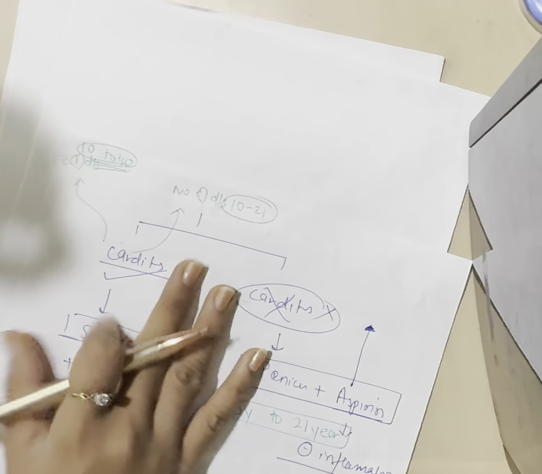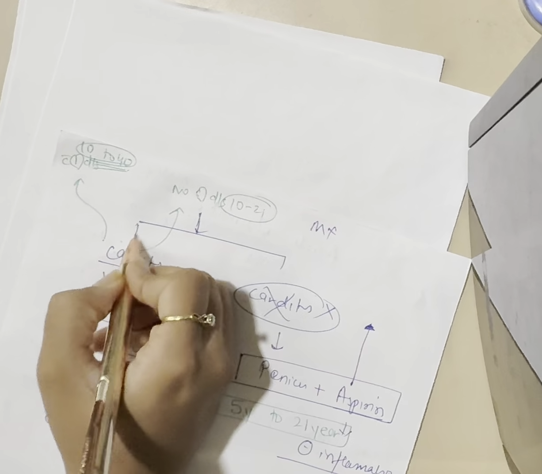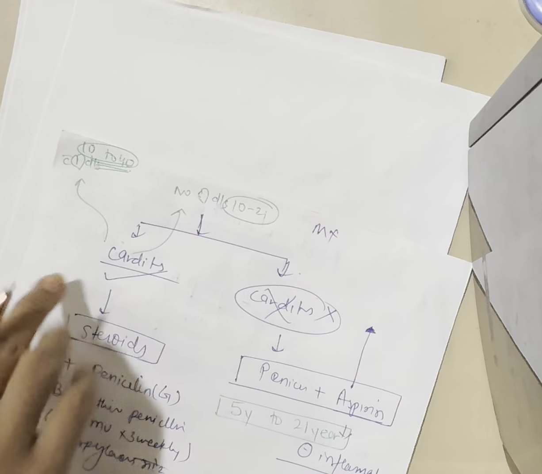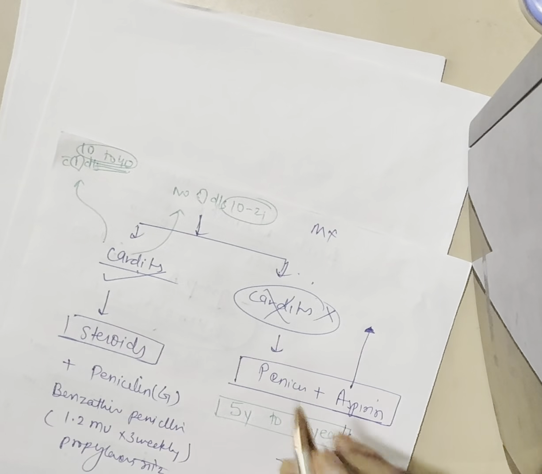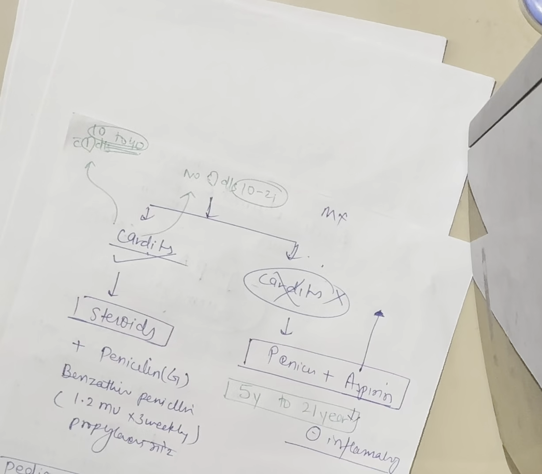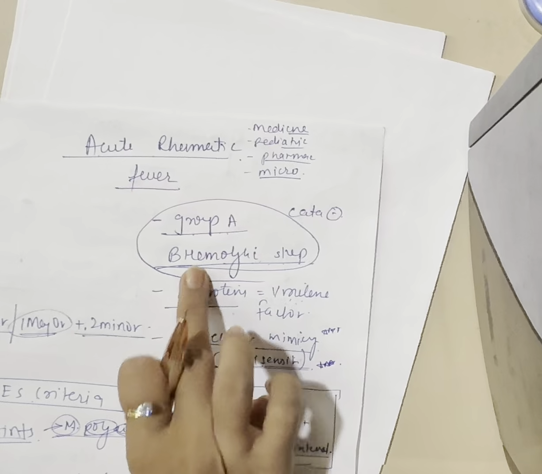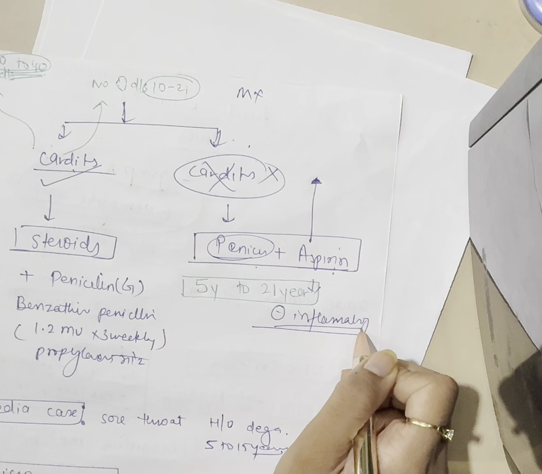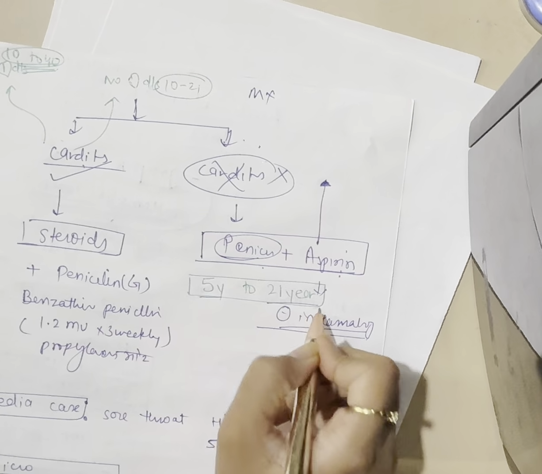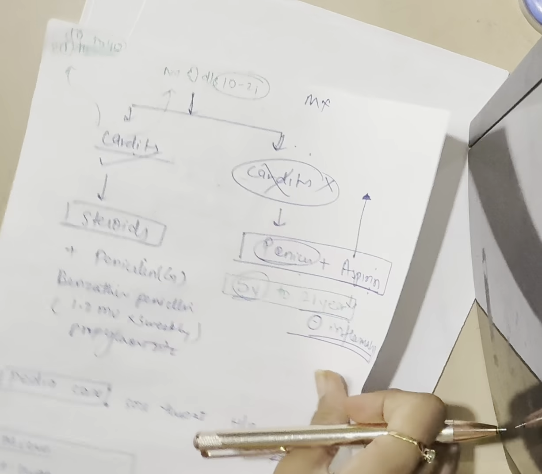Now we go to the management aspects. First, the inflammation of the heart, that is carditis. Management will proceed according to whether the patient has carditis or not. If the patient does not have carditis, then of course we give penicillin, which acts very nicely against group A beta hemolytic streptococcus, plus aspirin. Aspirin is given for its anti-inflammatory action. Secondary prophylaxis is given for 5 years or until age 21, whichever is longer. Very, very important. These are the three numbers you need to remember in this topic.